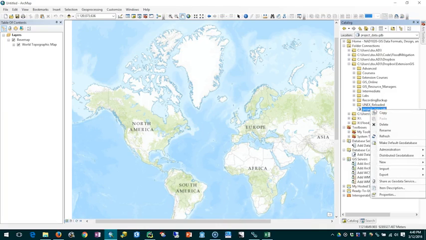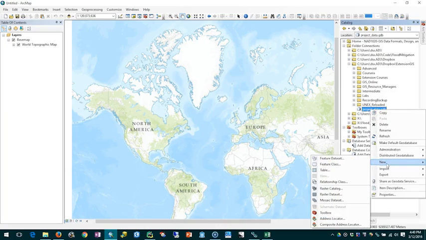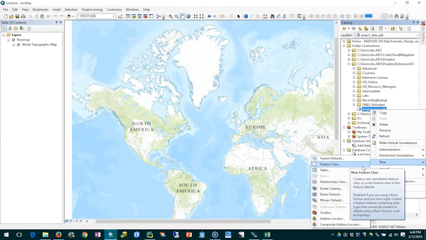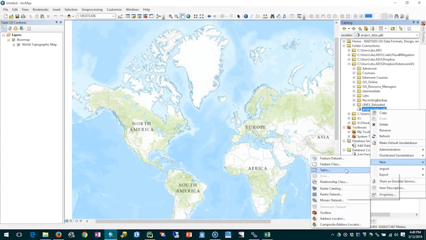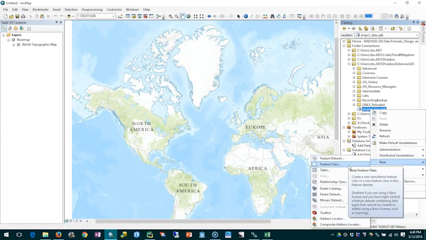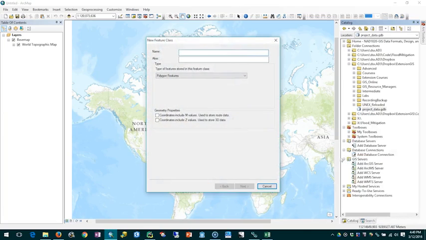And if I right click on that and go to the new menu on the workspace, I get the option now to create a new feature class. I get some other options here too for new things to create, but for now let's just create a new feature class. And a dialog pops up. On this first page of the dialog, we can name the feature class. And let's name this one continents,